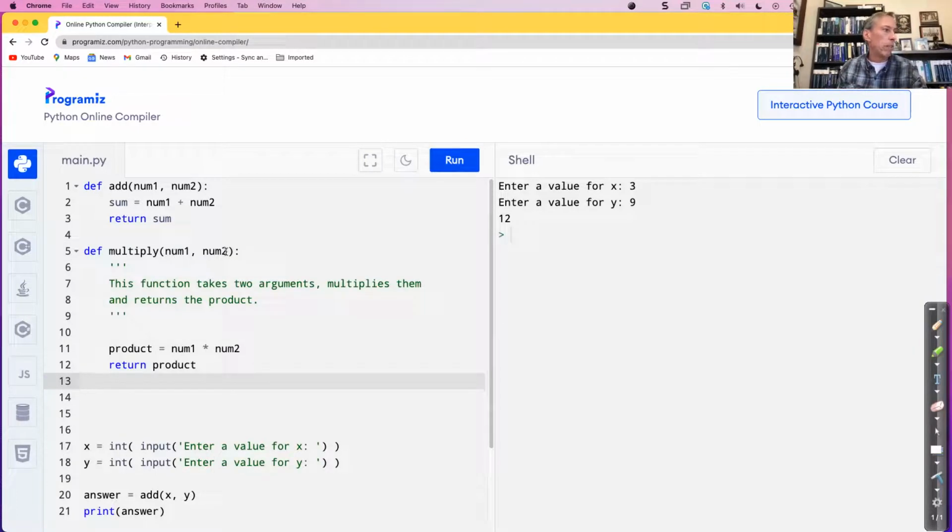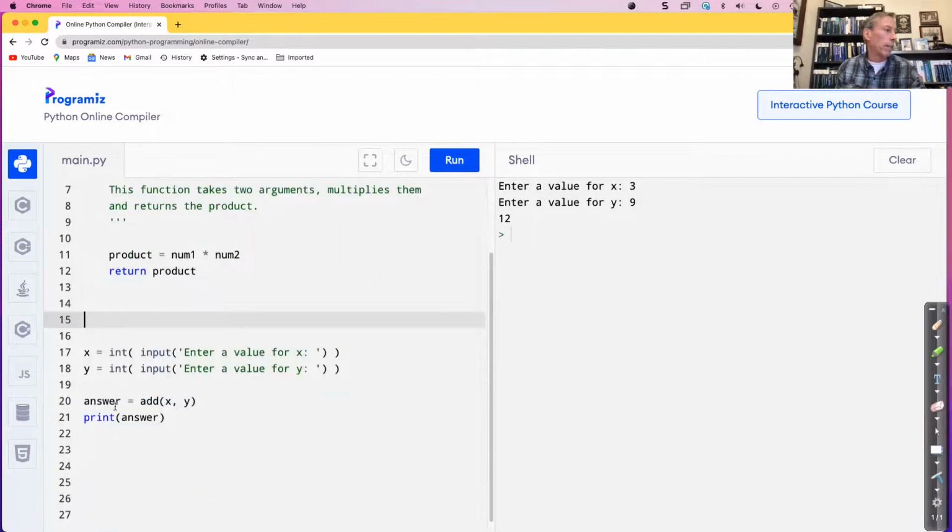Okay, takes two arguments. I put some comments in here so we know what it does. This function takes two arguments, multiplies them, and returns the product. So here we do num1 times num2, product. So here I could have just said, okay, well, what if I wanted to do this? Product. Well, let me do that. So we'll do add, and then